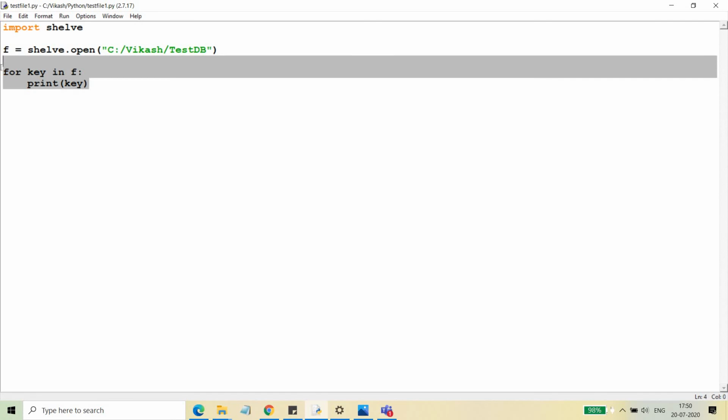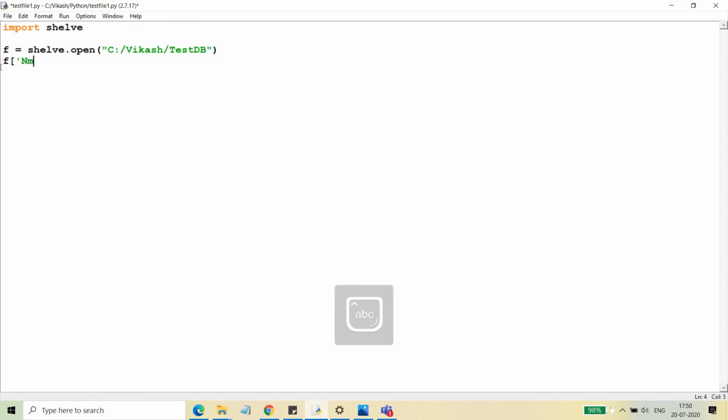Now we will create some new keys with the shelf. So let's create some new keys, names, and right here Vikash, and then Rakesh, and then what was there, Daulat. Okay, then let's have the courses. Here I need to provide the course names which are offered. So MCA, and then MBA, and then PGDCA, or you can say PGDM. All the courses which have been offered are here, right?